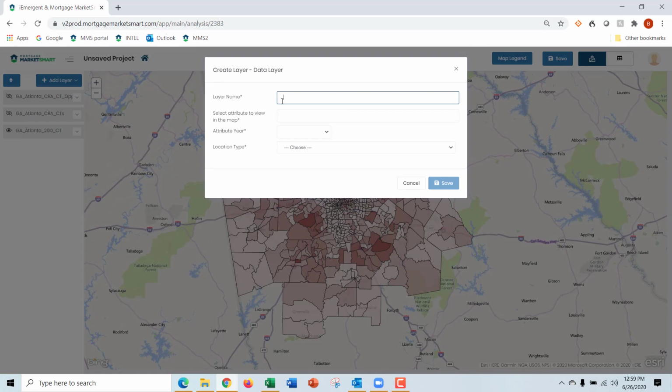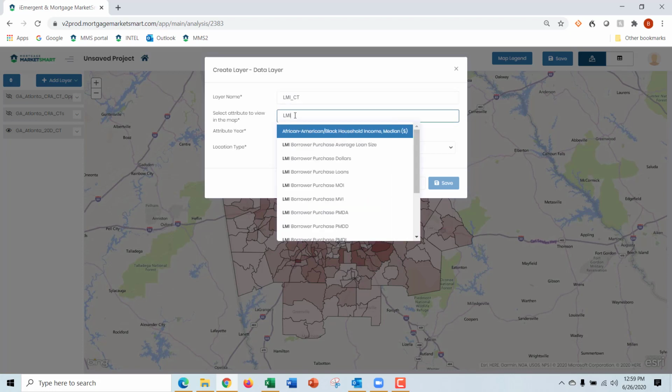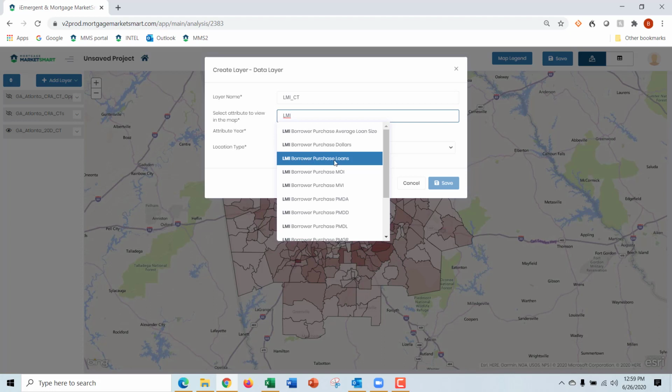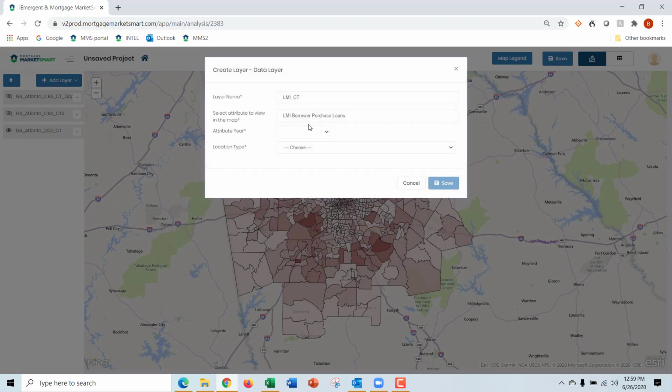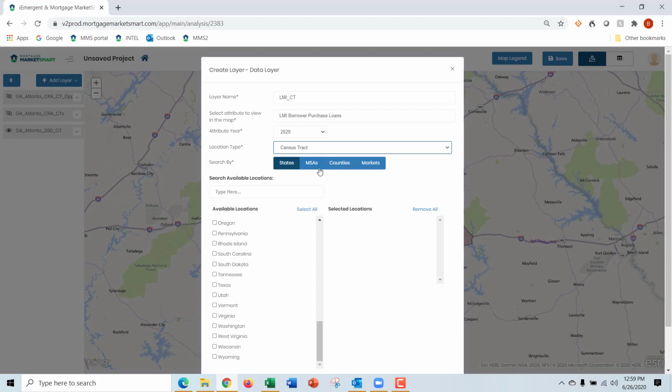The layer name is going to be LMI_CT to show LMI census tracts. The attribute to view, I'm going to type in LMI, and then I'm going to pick LMI borrower purchase loans. The attribute year is 2020, and the location is going to be census tract,